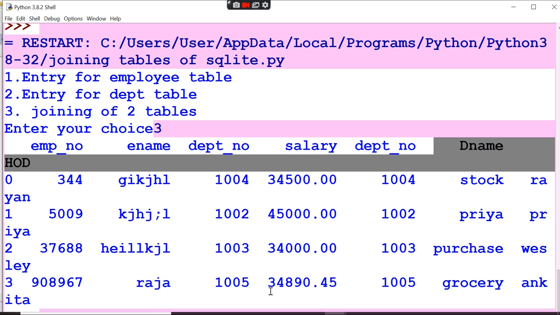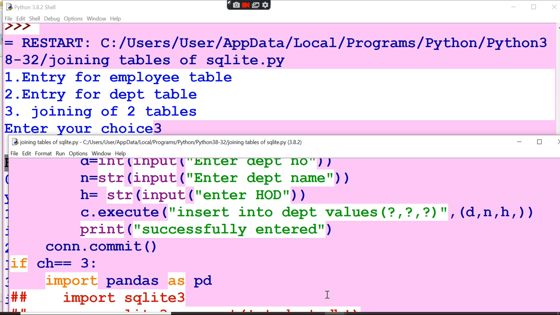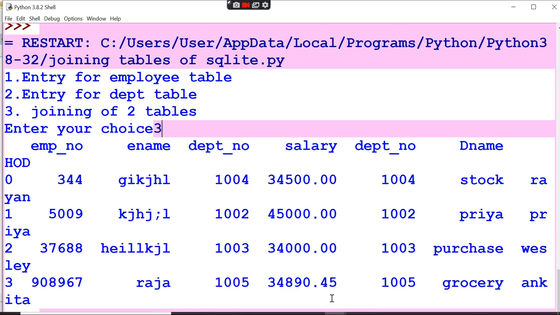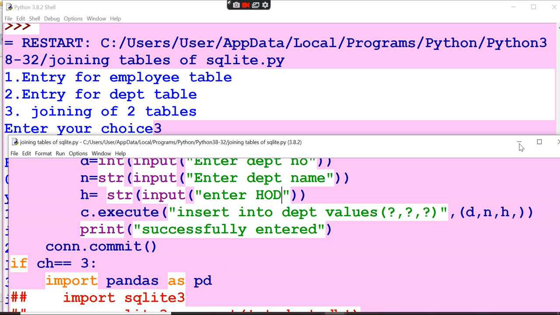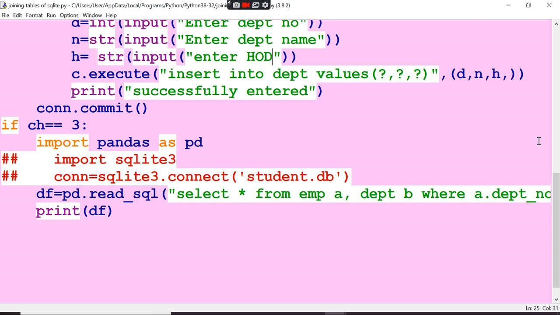First, employee number, then E name. So I can change here. So first table, from A table, employee number, then A dot E name.